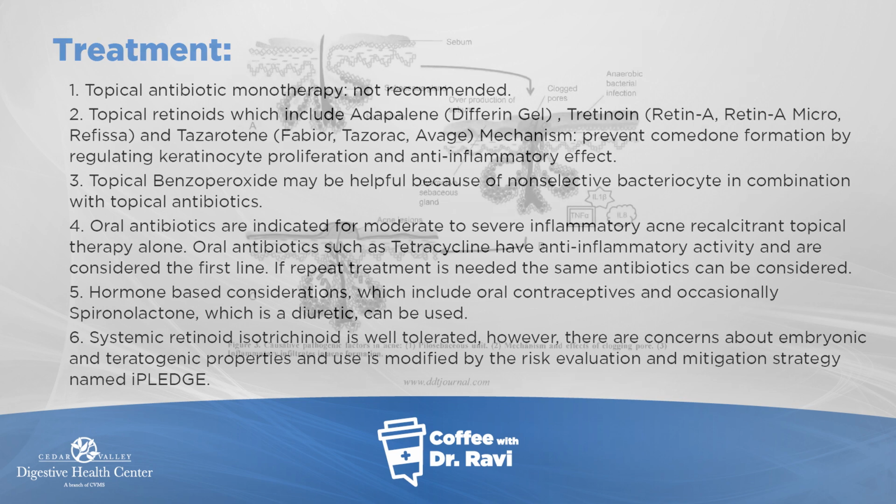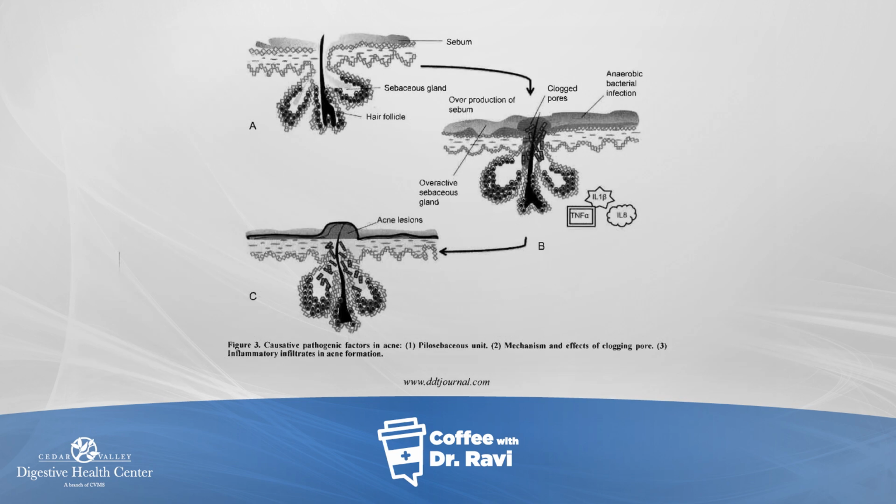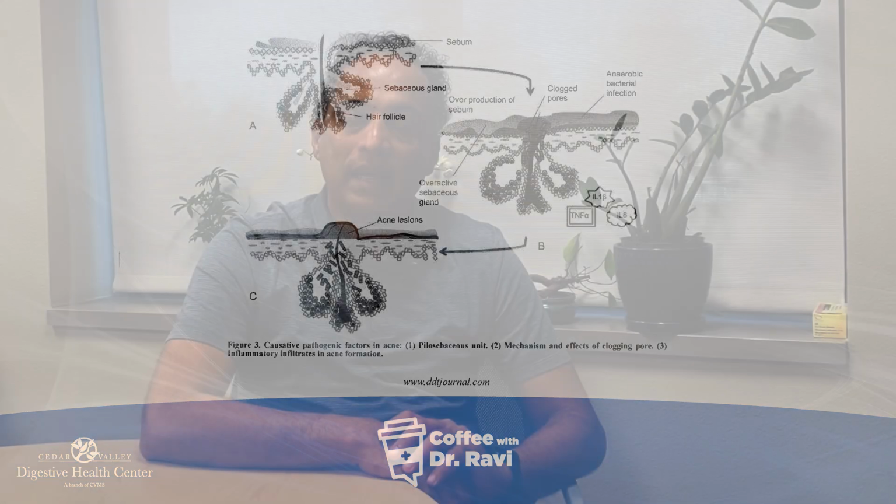There's topical benzoyl peroxide, which sometimes acts as an antibacterial, but that alone probably is not helpful. And then oral antibiotics are sometimes used, mostly doxycycline, because it has both antibacterial and anti-inflammatory activity, but you don't want to use it long term because from a gastroenterology, GI standpoint, it changes the gut flora and can cause problems such as C. difficile, etc., in addition to, of course, just basic diarrhea that doxycycline causes.